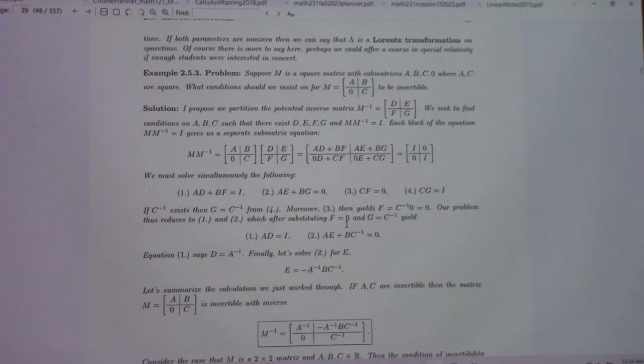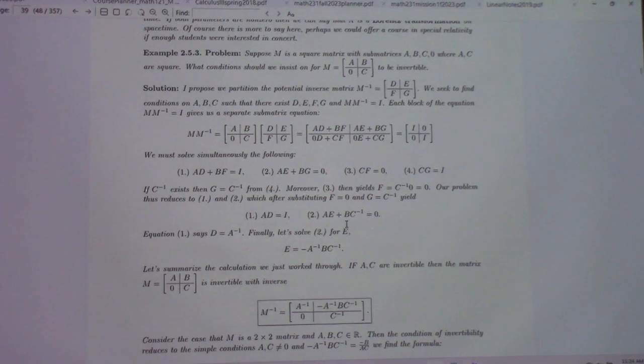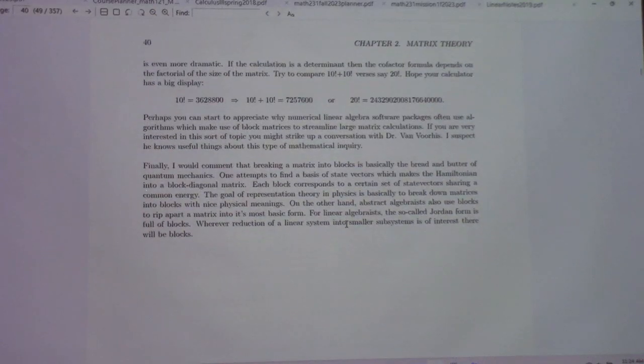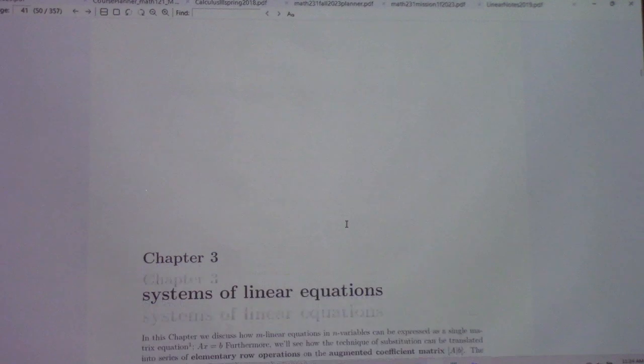This example here, I'm just facing the music of what does it take for this particular block matrix to be invertible. That's kind of a fun example. All right, I'm getting too much into the weeds here. Let's go on. So the reason block matrices are interesting for numerical methods folks is that